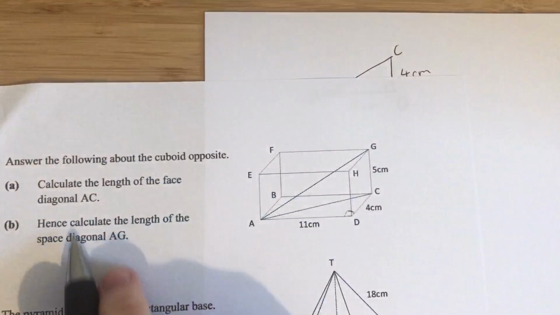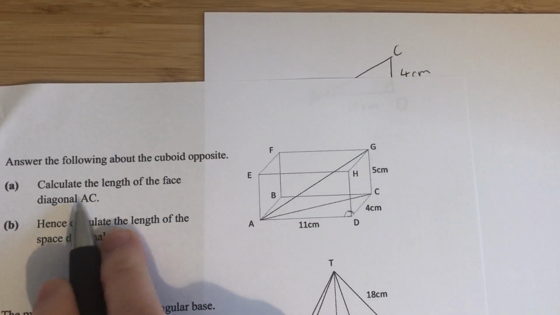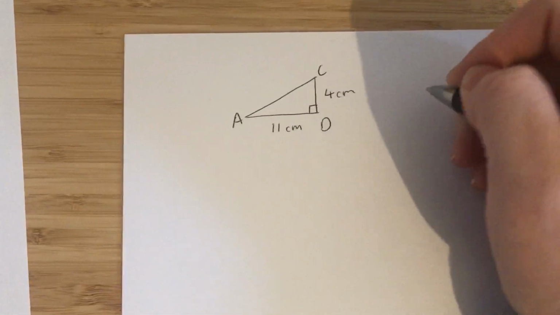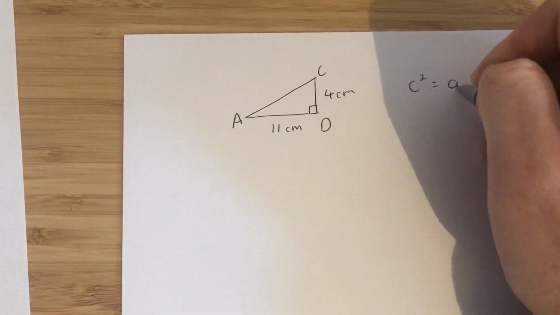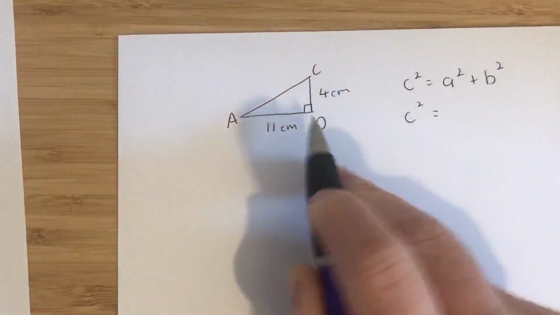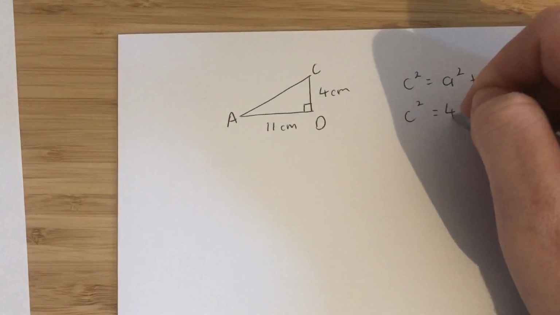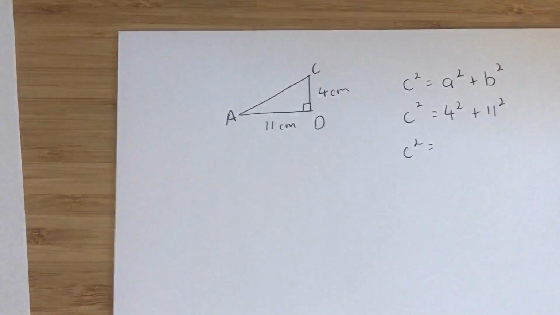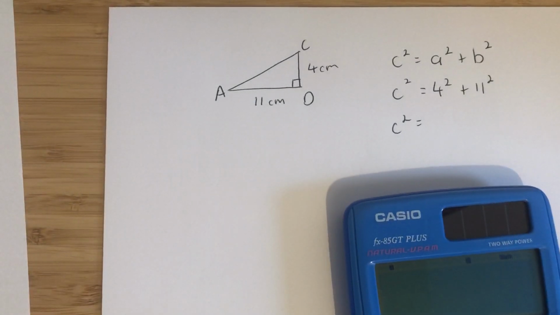So the first thing we're going to do is calculate the length of the face diagonal AC. AC is the hypotenuse, so C squared equals A squared plus B squared. It doesn't matter which one you use first: C squared equals 4 squared plus 11 squared,